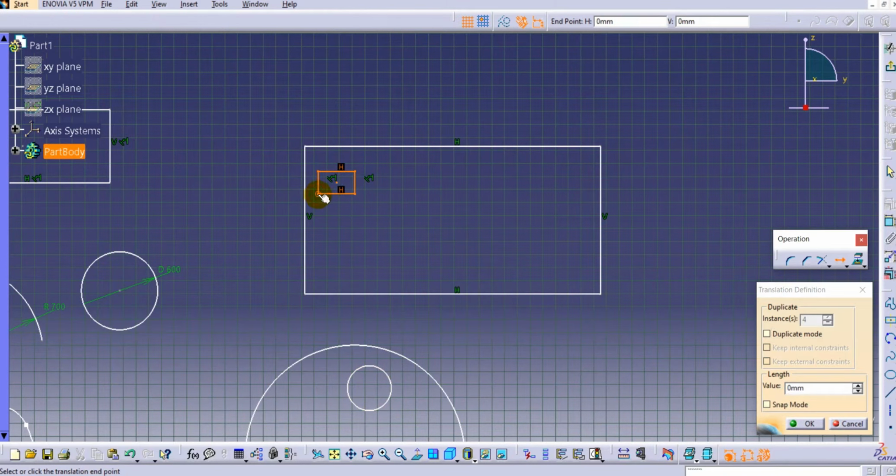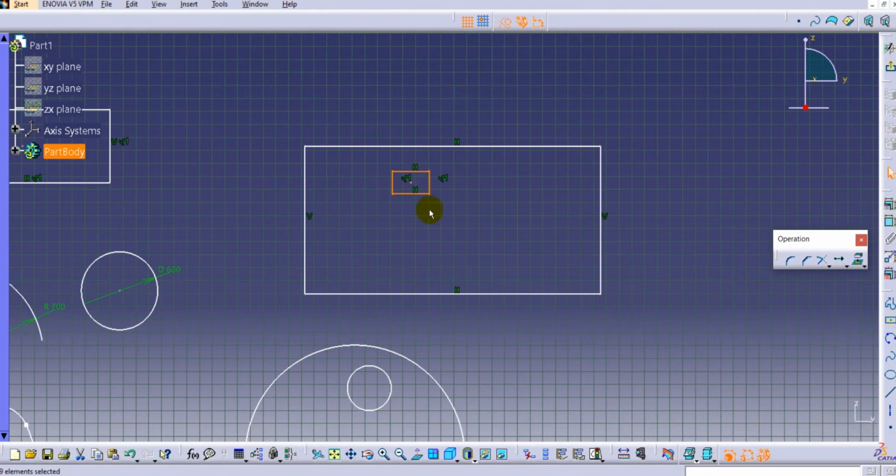Select the translation point, and you can see the value is 290. It is reflecting the distance from the start point to the start point of the first instance. Just select this. You can see here it is not duplicated, it is translated.